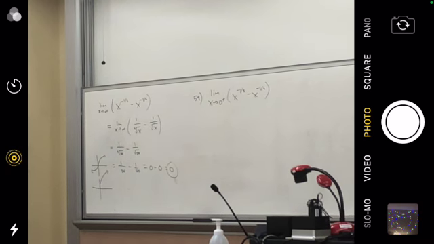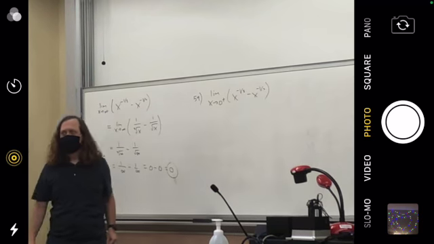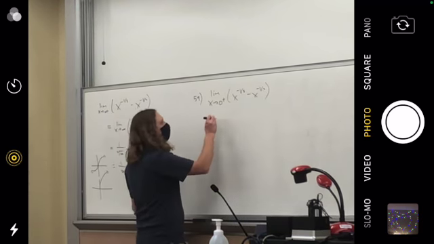You can't find the square root of a negative number. When I do the square root function, I can only take the square root of a positive number. So I need to come to 0 from the right, and this part makes sense. Right here. All right, so